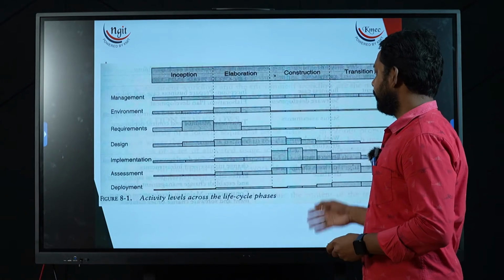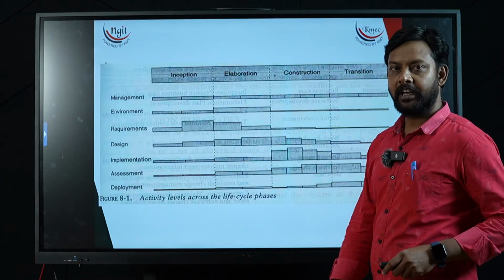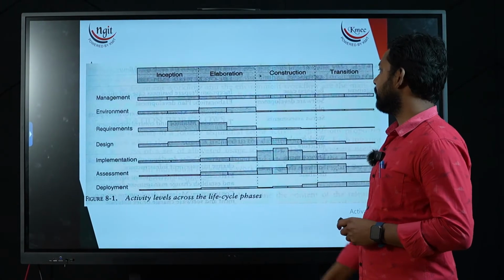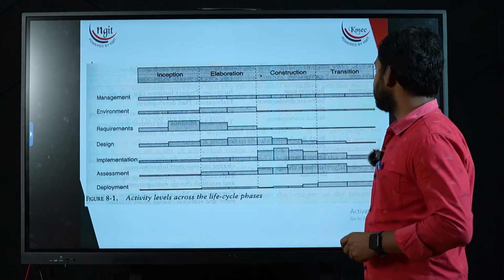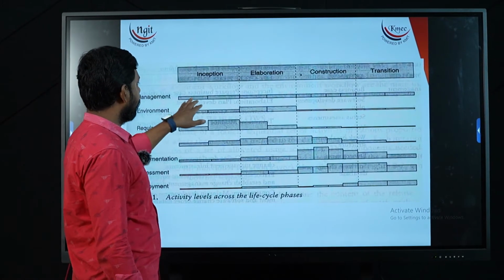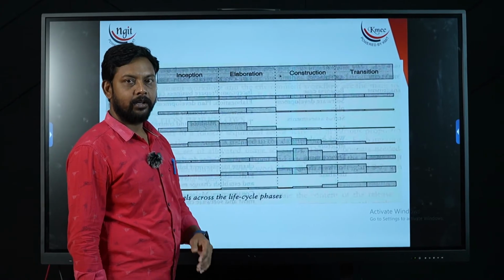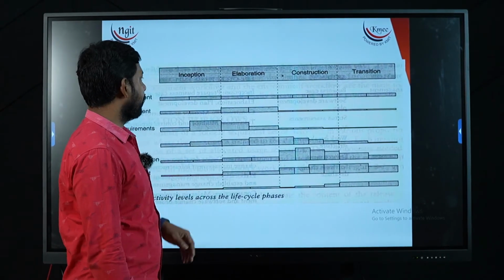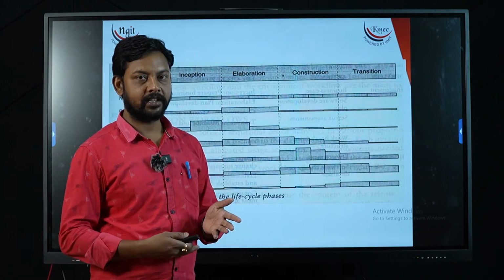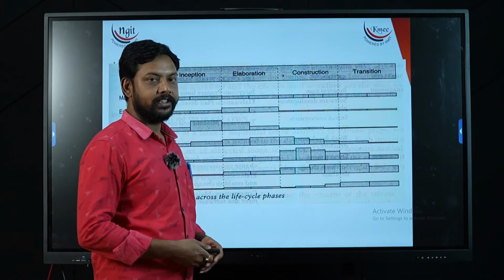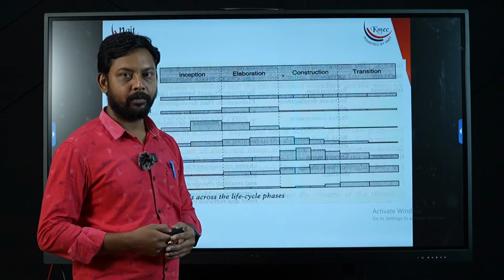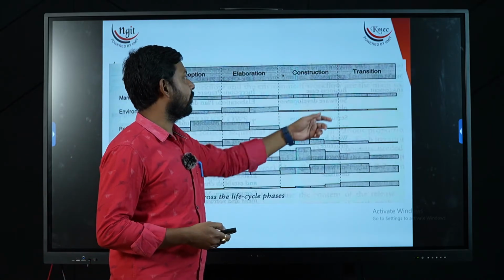Okay, so these are the different activity levels across the different life cycle models. We have already discussed these 4 phases: inception, elaboration, construction and transition. Here management is in focus with all the different phases throughout your project development. When you go with your environment, environment deals with the improvements that are supposed to be made, as already discussed. So that comes with your elaboration phase here. Your environment is majorly focusing on the elaboration phase of your project, and part of it can be focused on